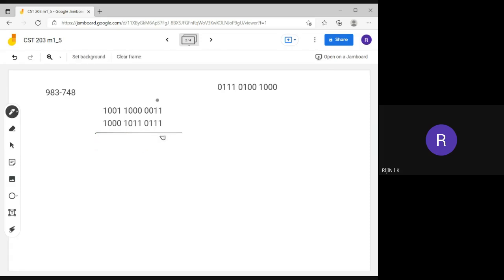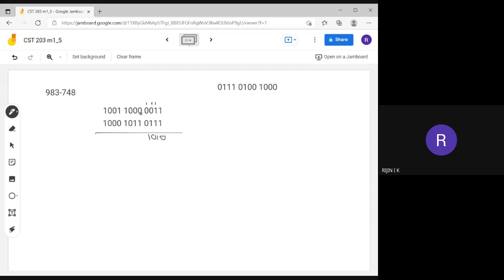Then 1 plus 1 plus 1 is 1, carry 1. Then 1 plus 1 is 0 with the carry 1. Okay, so it is 1.